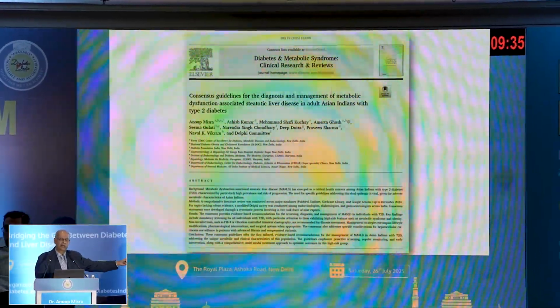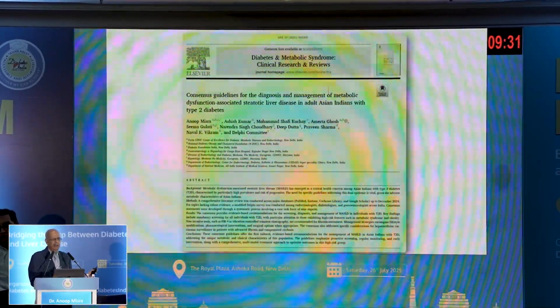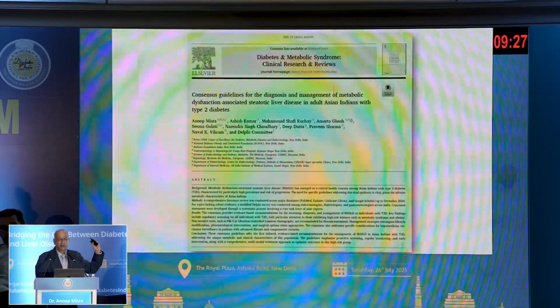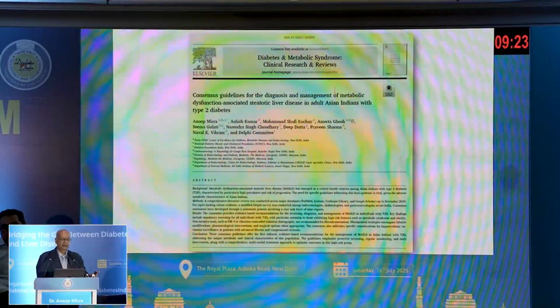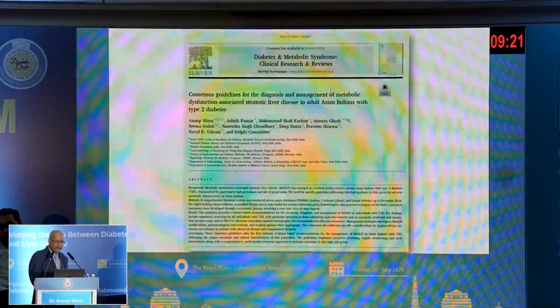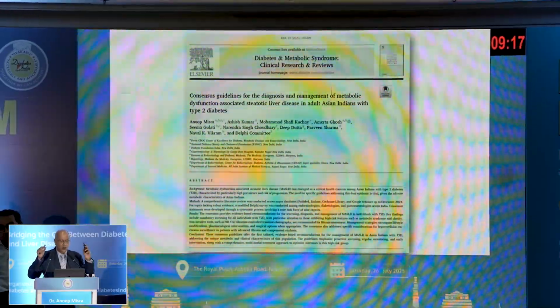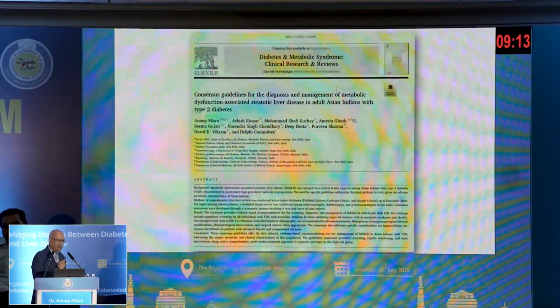So international guidelines, international gastroenterology guidelines and things like that, everything is just non-diabetic. This is the first guideline on diabetes published. But then we are not aiming at an international audience. We are aiming only at Indian people. And that's where the problem lies.